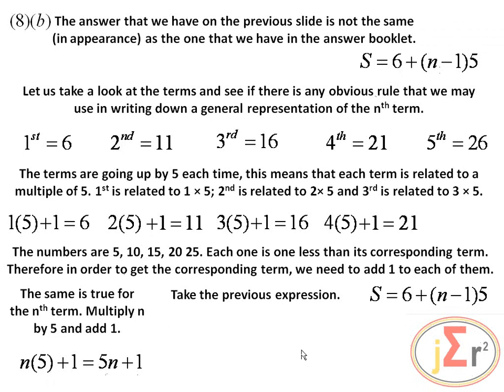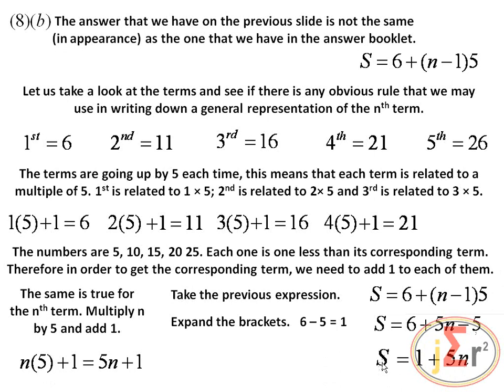So S is equal to 6 plus n minus 1 times 5. And if we expand that bracket, what do we have? S is equal to 6 plus 5n minus 5, and 6 minus 5 is 1. So we have S is equal to 1 plus 5n. I'm sure you may see already that it is 5n plus 1, but turn it around. 5n plus 1, and we are sure that both expressions are actually the same,